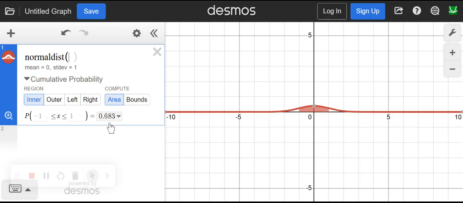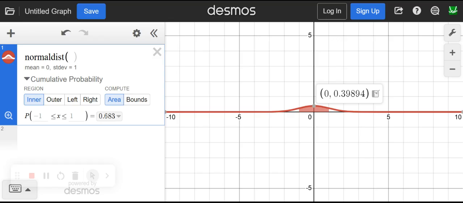Previously, we were finding the area, so the probability that a certain data value falls within standard deviations of the mean. So in this case, we're using z-scores. I know this is x, but we're using z-scores, so we're going to leave this blank. So I'm looking at one standard deviation below and one standard deviation above, and that's 68% of our data that